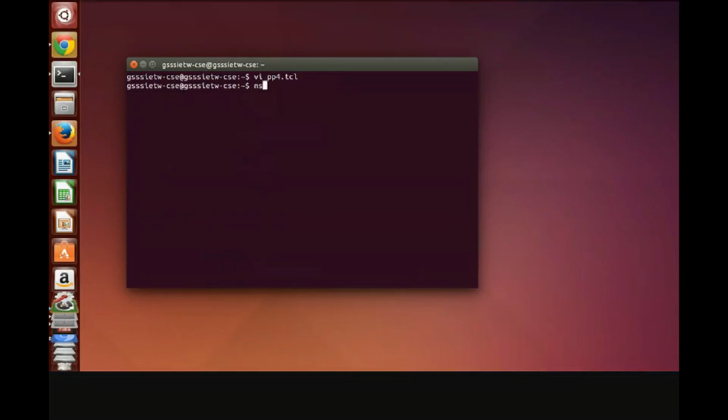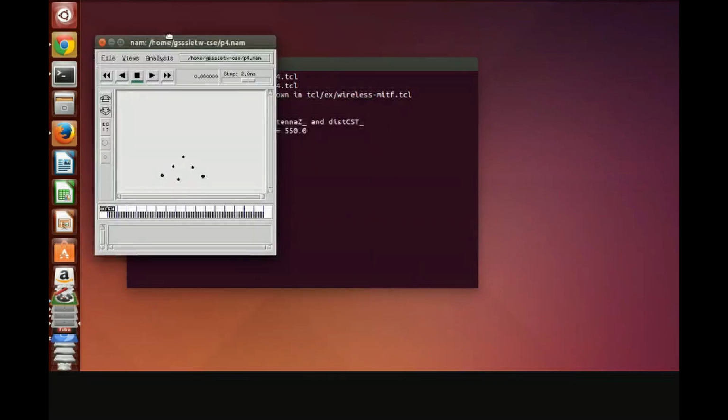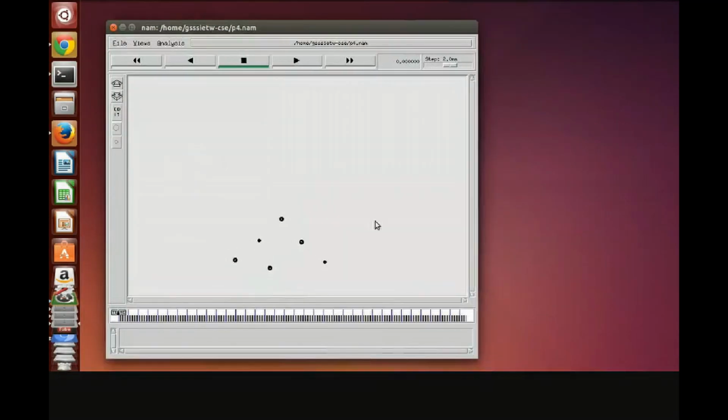So now we need to run this one. So ns pp4.tcl. So yeah, the program ran successfully. My NAM file got executed and also the trace file got generated. Right, now you can see the animation here as well.